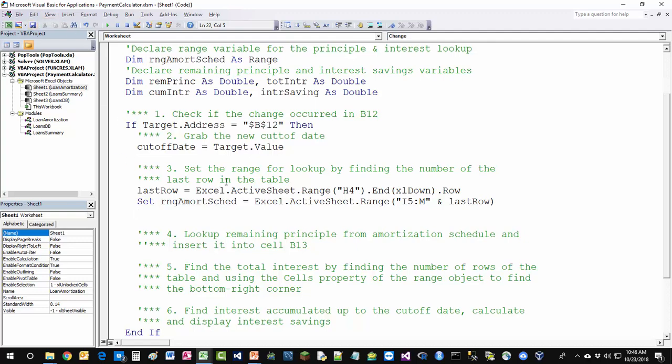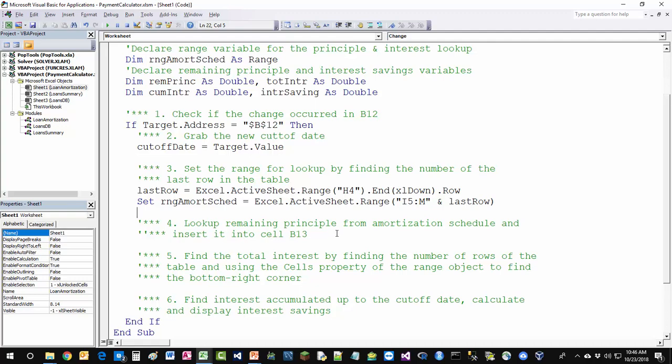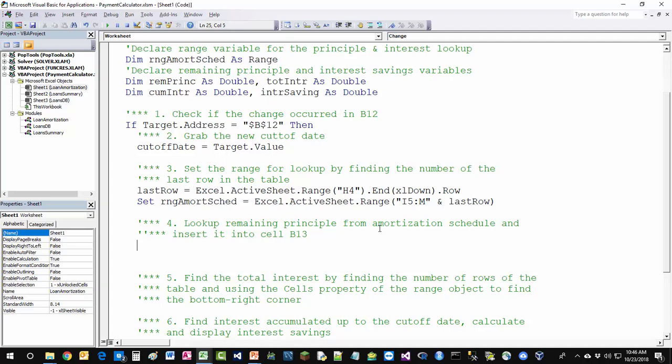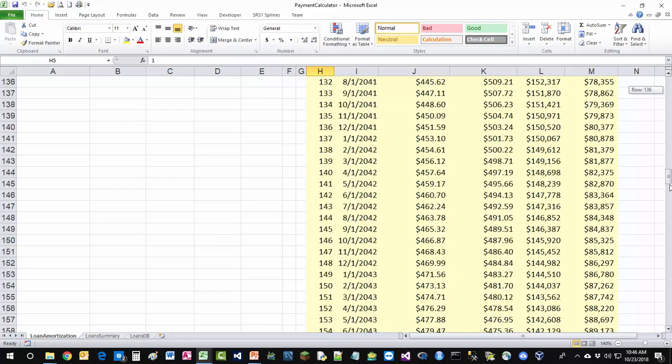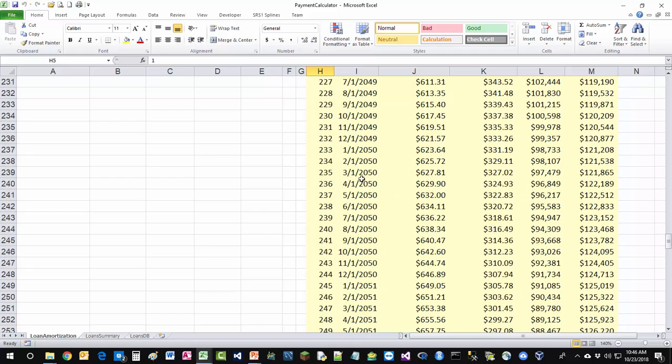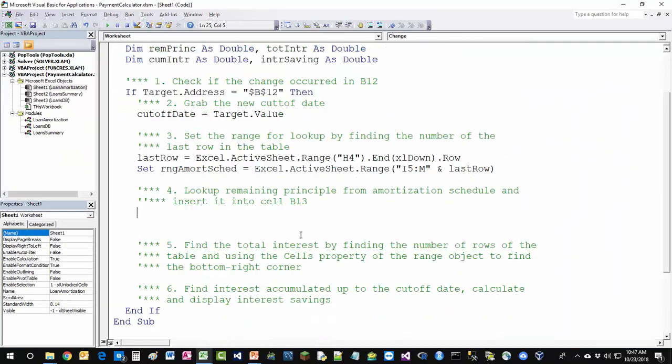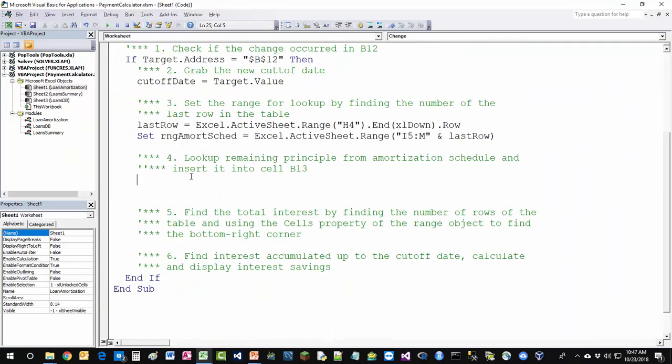Okay, let's save that. The next step is to look up the remaining principal from the amortization schedule, right? And then insert that into cell B13. We already know what the answer is. It's that 98,000 associated with February 1st. 1, 2, 3, 4 columns over, $98,107, right? So I'm going to switch back here, and the code for it is